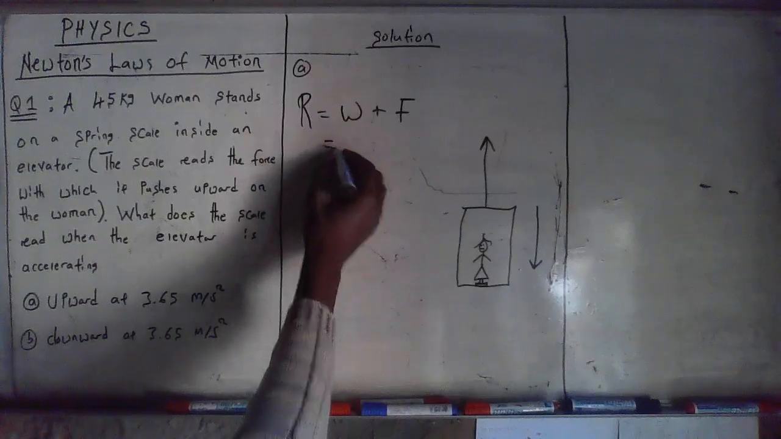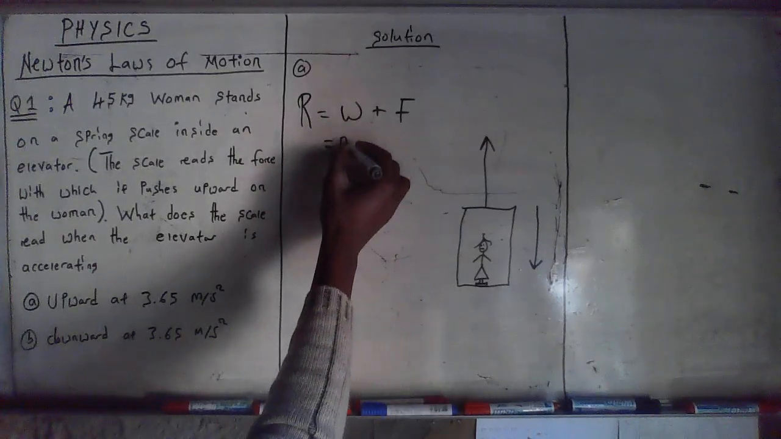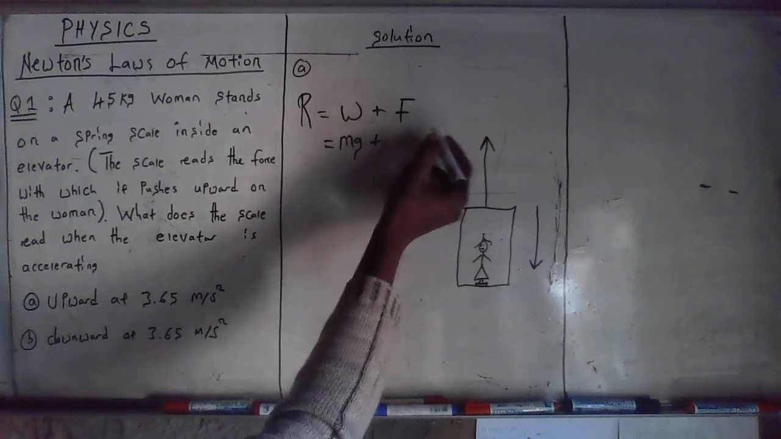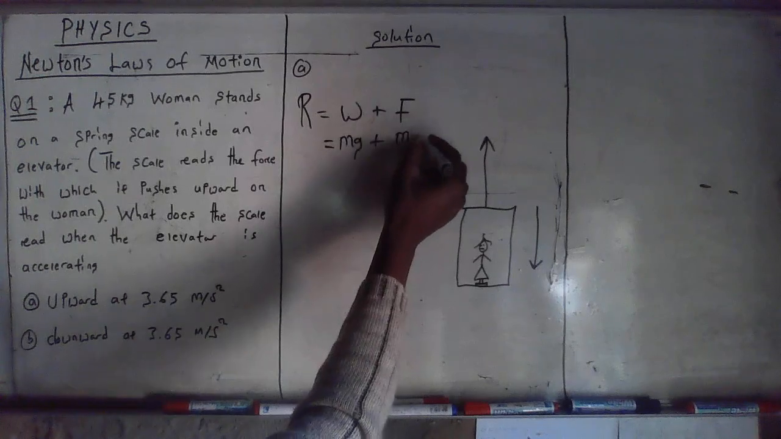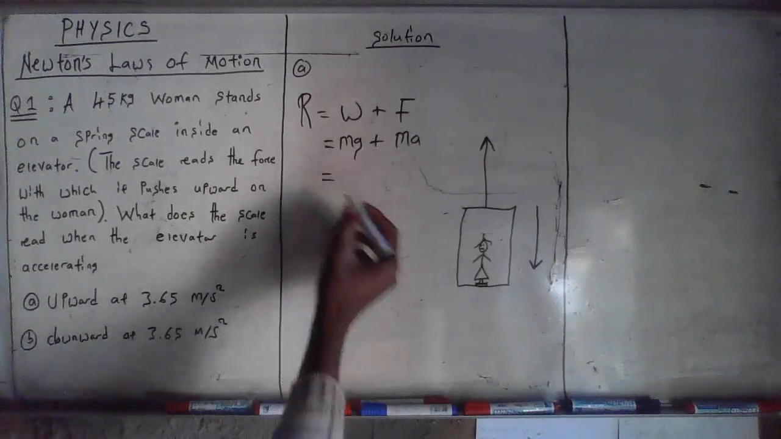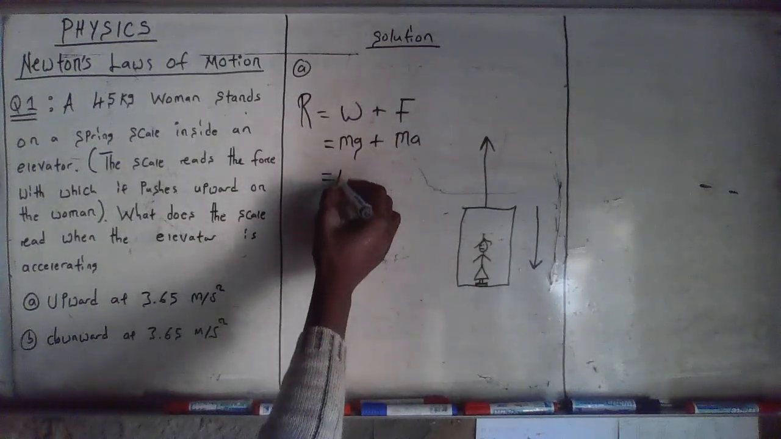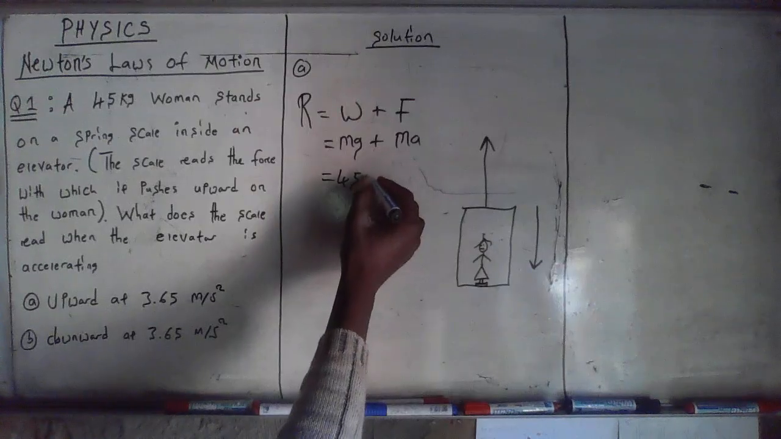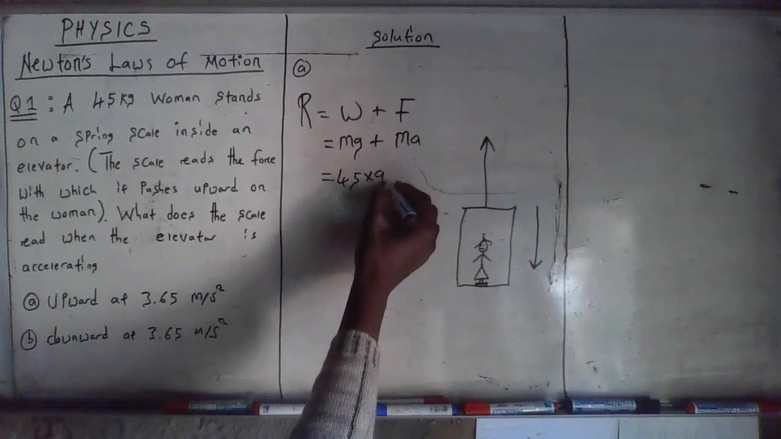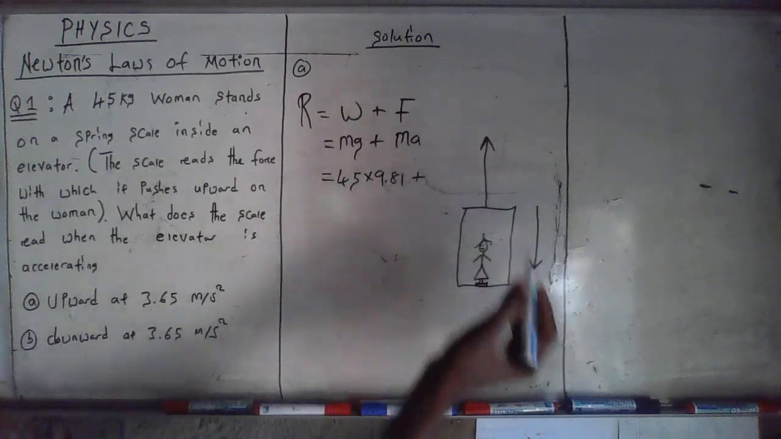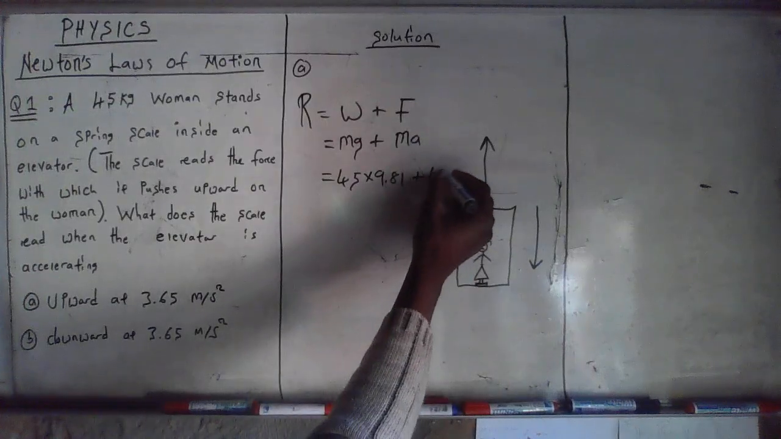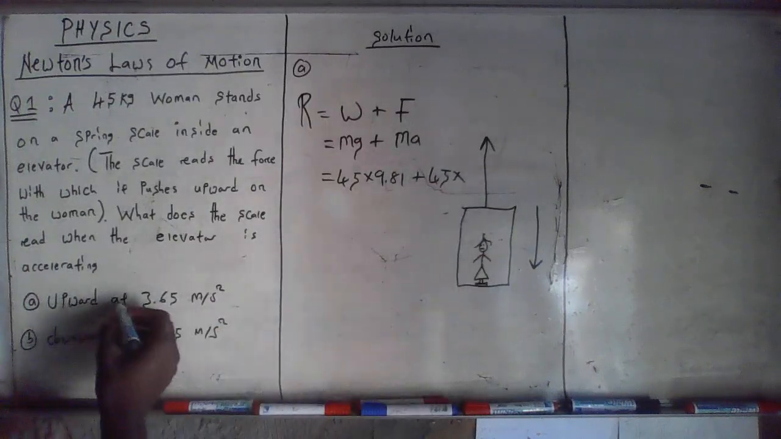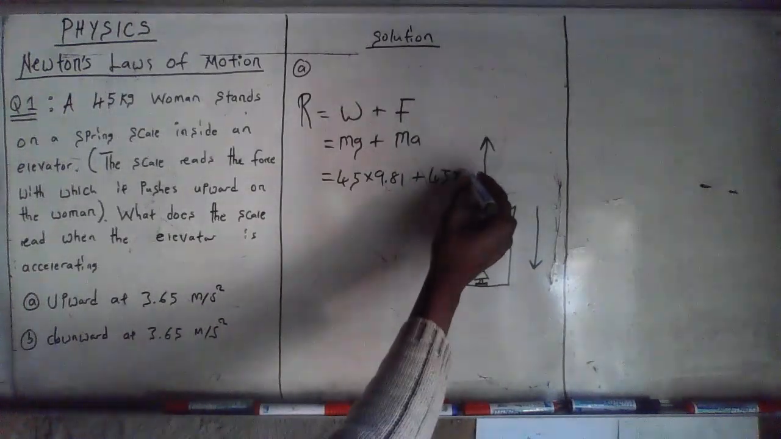So how do we find weight? Weight is mg, right? Force is ma, mass times acceleration. What is the mass of the woman? The mass of the woman is 45 kg, gravity 9.81, depending on your school. The mass of the woman is still the same. The acceleration in this case is